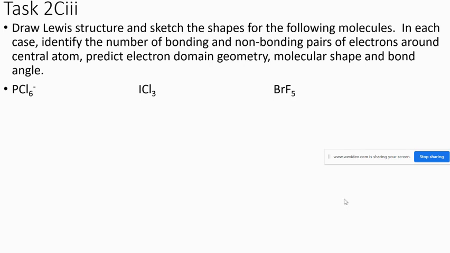All right, so let's draw some structures and figure out geometries. All right, so my phosphorus is going to be in the middle. How do I know that phosphorus is in the middle? First one listed, lowest electronegativity. Couple different reasons. Can phosphorus expand its octet? Yes. Okay. Phosphorus has 5 electrons. Chlorine has 7, and 7 times 6 is 42. And then notice this negative charge here. That means we have an extra 1 here. So that gives us a total of 48